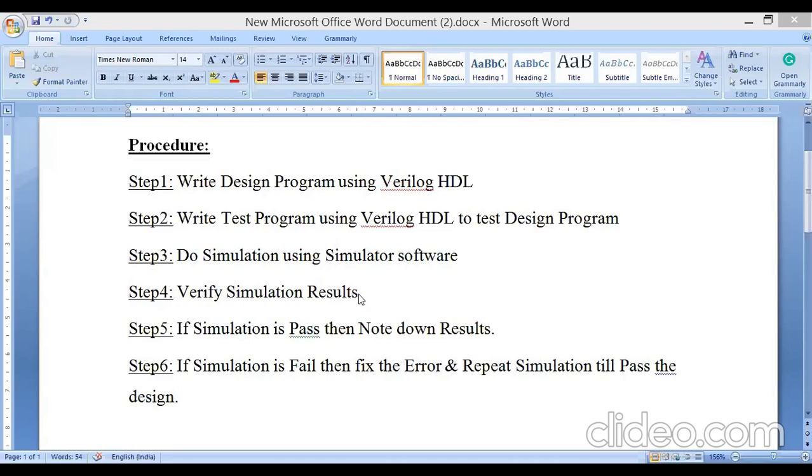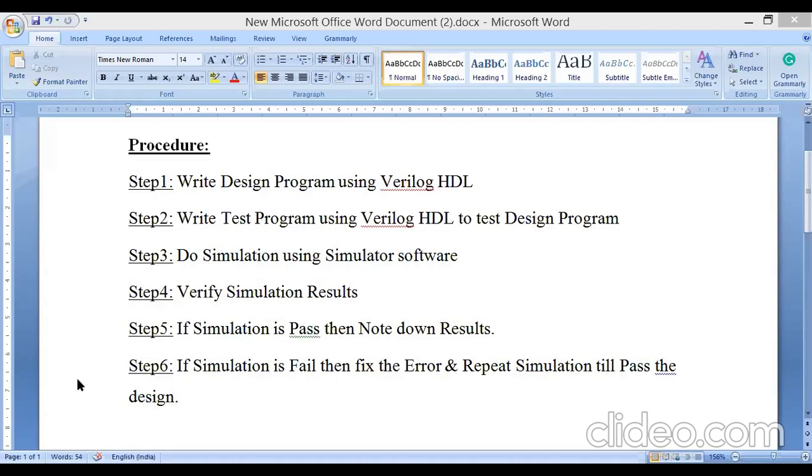Step 5: if the simulation passes, meaning you met the expected results for all combinations, then note down the results, that is, note down the waveforms.